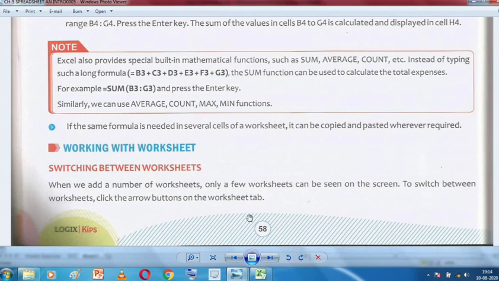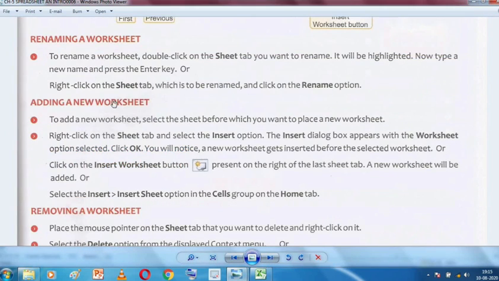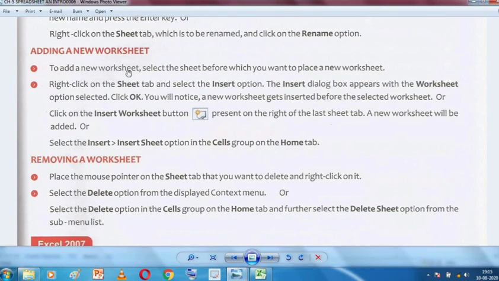How to do that? See, adding a new worksheet. To add a new worksheet, select the sheet before which you want to place the new worksheet.